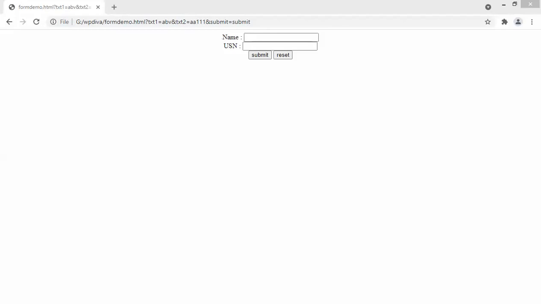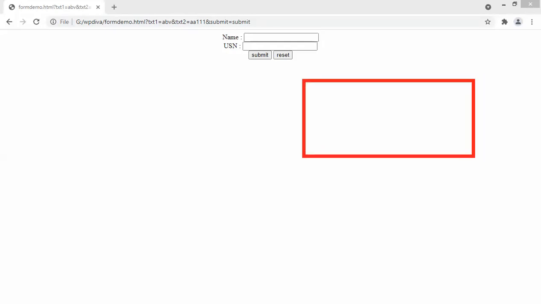One more thing I want to tell you: when you take radio buttons, only one radio button should be selected. You cannot say that you belong to both the first year as well as the second year. You can say that you belong to any one of the semesters, right? Suppose this is your form. We have a username, you have a USN. Now here I want to include two radio buttons, whether you belong to first year or second year.